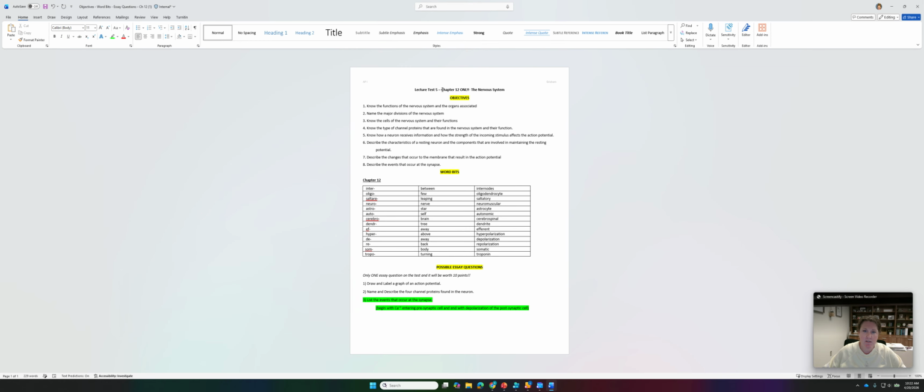And the good news is the 1 chapter is actually going to be divided into 2 parts, so you can kind of cover it in smaller chunks. You have 8 objectives that we're going to be covering for chapter 12, and this is the start of the nervous system. Now, you might be a little bit confused as to why we're jumping to chapter 12, because the last chapter that we finished was chapter 9, and so you would assume that we would be jumping to chapter 10. We've gone in order up to this point, but there is a reason why we're jumping to chapter 12,